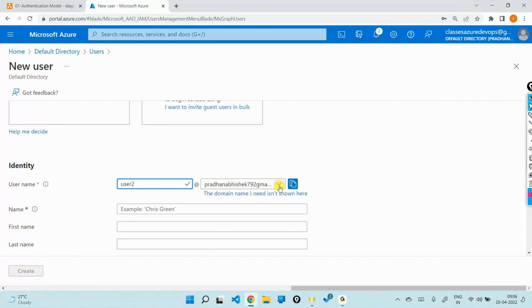This particular domain. Meaning this is my own domain right now. So this user has to log in with this particular ID, user 2 at the rate something dot onmicrosoft.com. This is the domain the user is logging in with. So I'm not letting users log in with, let's say, user2@gmail.com. No, I'm not doing that, because Gmail is a domain that I don't have control over. This is a domain that I have control over right now. So I'm saying user 2, I'll say he's a developer,